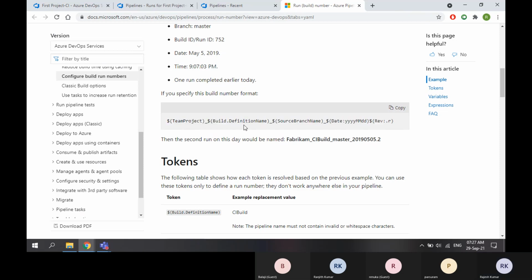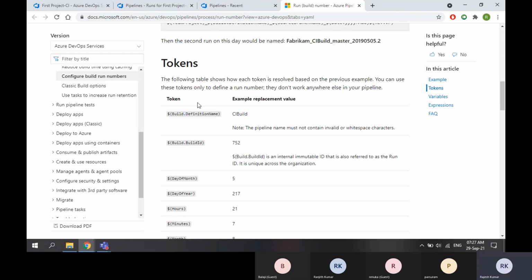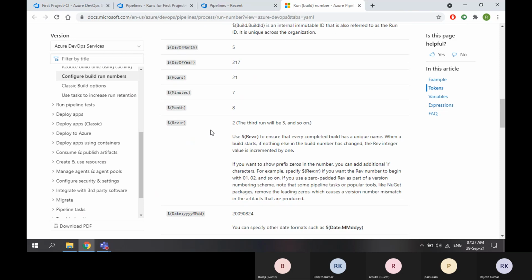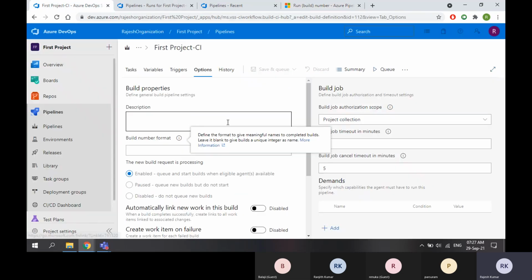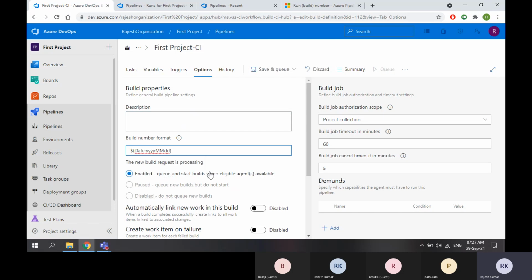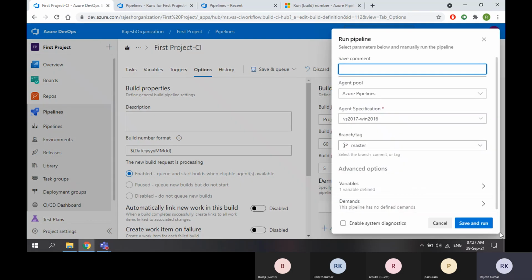This is the entire build number format. So here you can have something like it gives only the number, but it gives number and date. So now what I will do, I will try this one, because there is no specific format for my build. So now I will save and run a sample build.